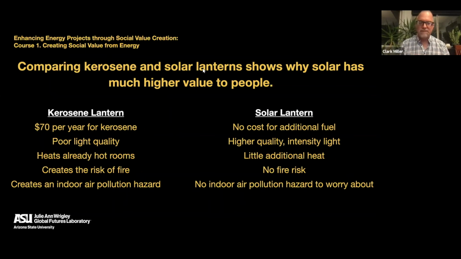So you have a fire risk, which can be particularly important, for example, if you want to hand the lantern to a child to allow them to go outside and do something, or if you're handling animals where that risk of fire might be a real problem, right? And of course, burning of fuels in an indoor space creates air pollution that can then cause a health hazard, right? So there's a whole bunch of reasons why this solar lantern, even though it has some clear disadvantages, right?